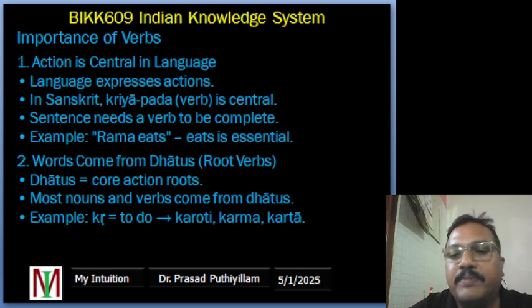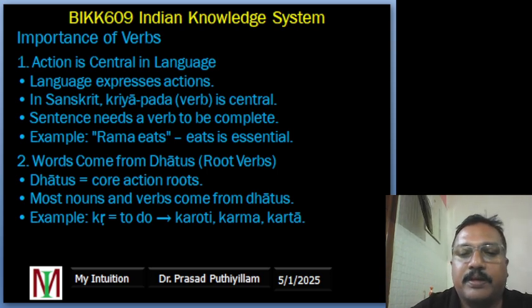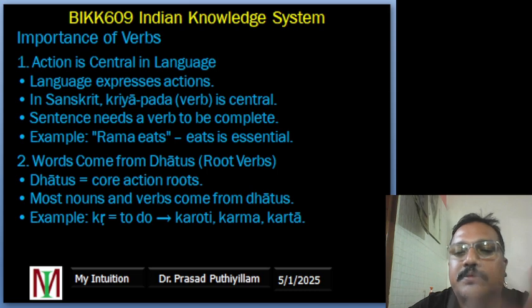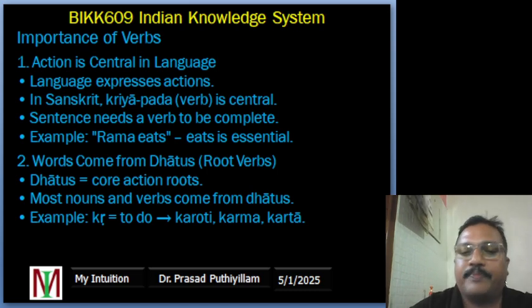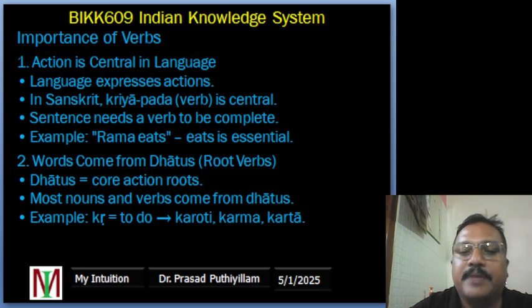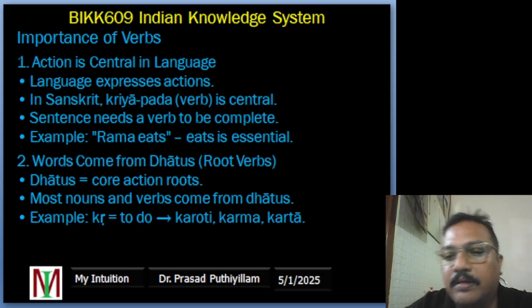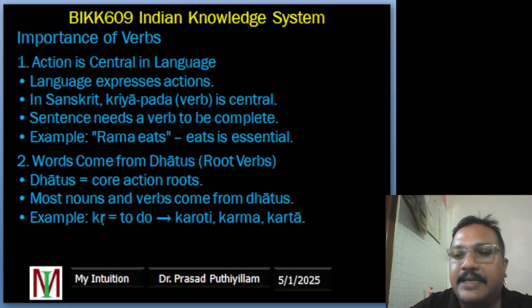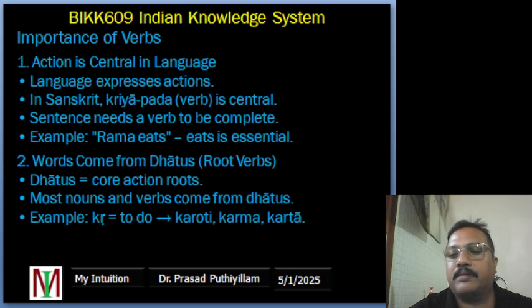And the words come from the dhatus, or the root verb. Most Sanskrit words, whether they are verbs or nouns or even describing words, the adjectives, all begin from something called a dhatu, which is the root word. It carries a main idea or action, and we can think of a dhatu like a seed that grows into many types of words. For example, if you take the root kr,